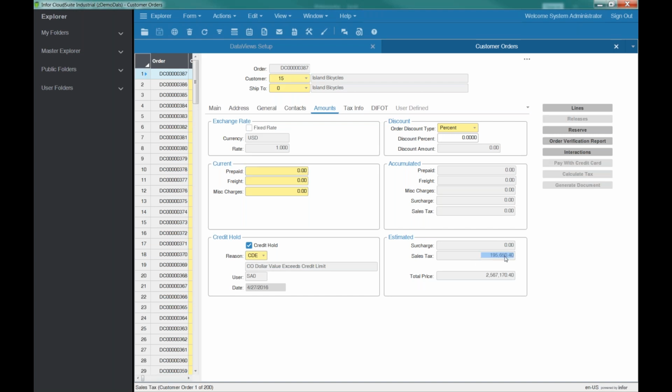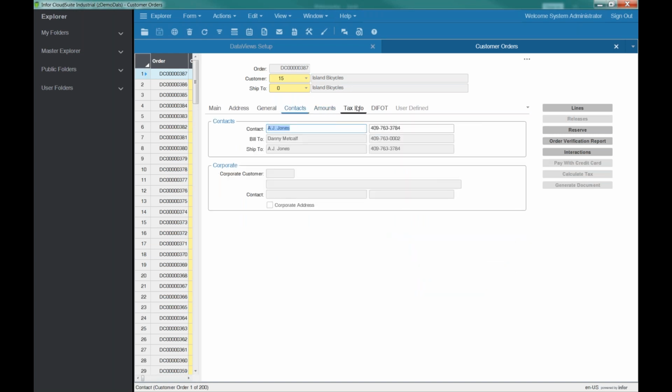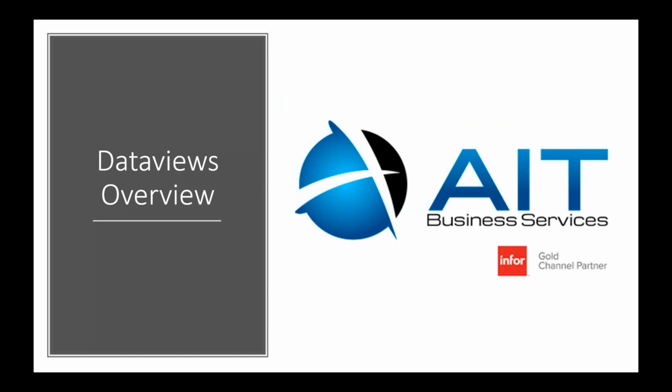There's the sales tax for this order. Here's the total price for that order. There's a ton of stuff here. Now, we're not actually looking at SQL tables, so I am going to flip back to a brief explanation of